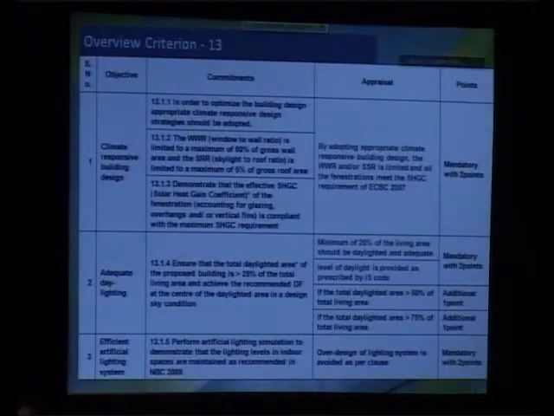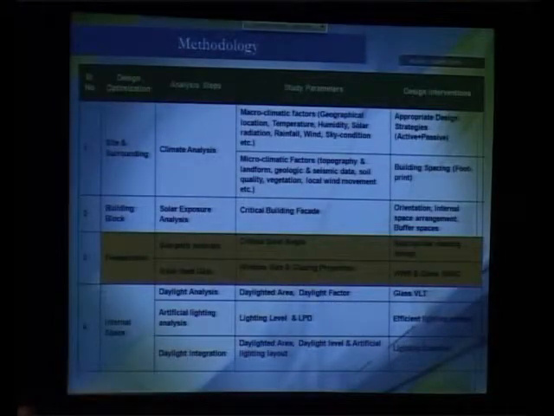So to move on to the criteria, there are three things which we can focus on and that we can relate with the technology we are having or which is going to come in future. What are these three things? One is the ECBC compliant SHGC, that means solar heat gain coefficient. First thing we need to focus. Second is the daylighting factor, which has two things, the total daylighting area and the achievable daylighting factor. For that, you need a glazing technology which can help you implement these things with ease. So just focus on these two elements.